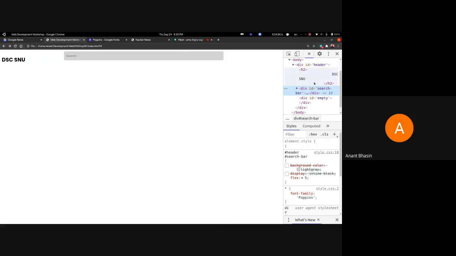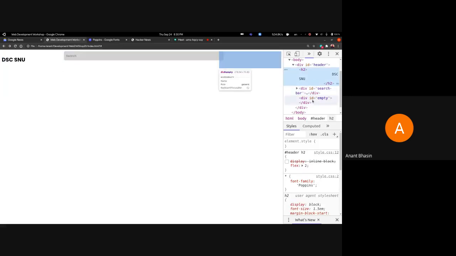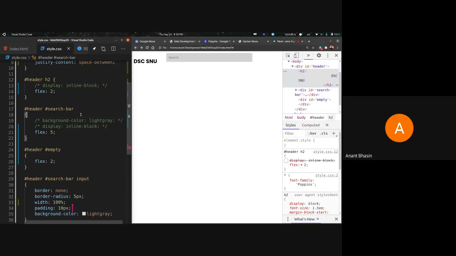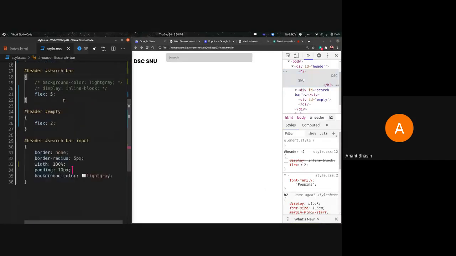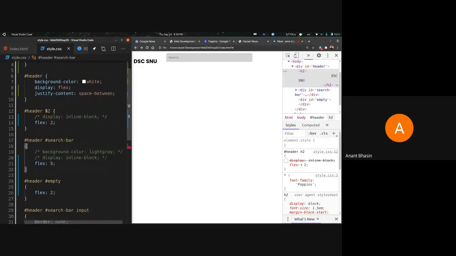We haven't given them any particular width. We have removed all the width tags from the H2, the search bar, and the empty, and all of the distribution of available space is being done on the basis of these flex values. Right, any doubts?